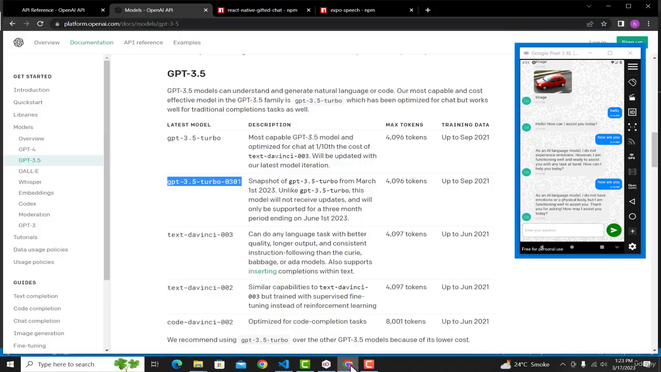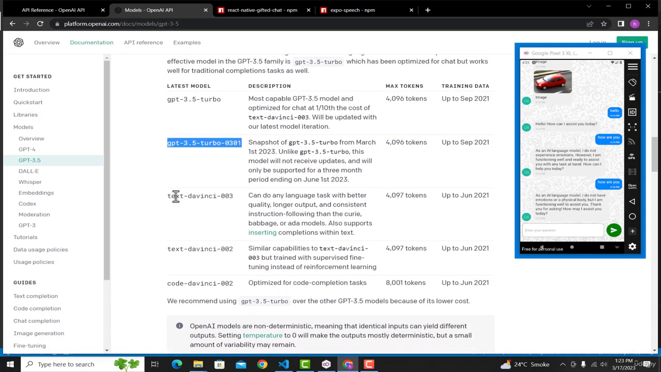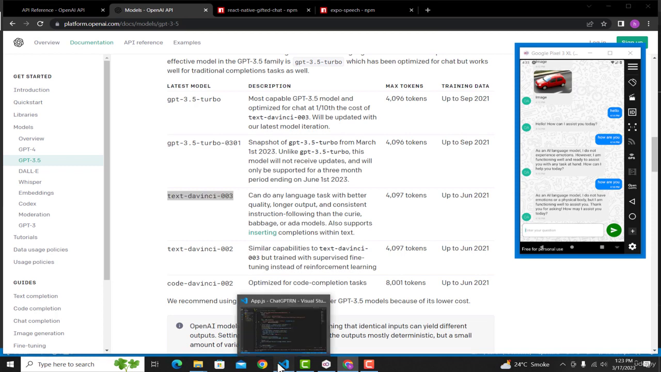But now on this documentation page, you can see these other models like this Text DaVinci 003. And as you know, we have used this Text DaVinci 003 model inside our application during this course. For this model, the output structure and the input structure was different as compared to this GPT 3.5 Turbo. So if we want to use this model, then we simply need to copy its name and paste it here